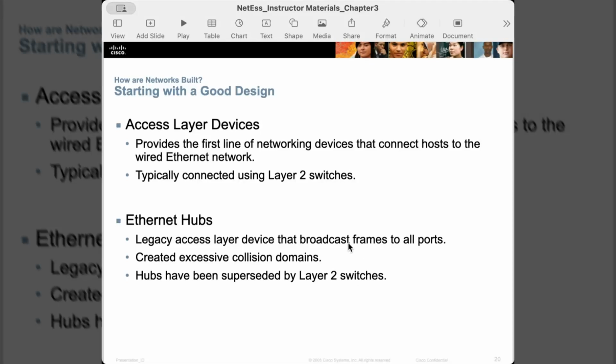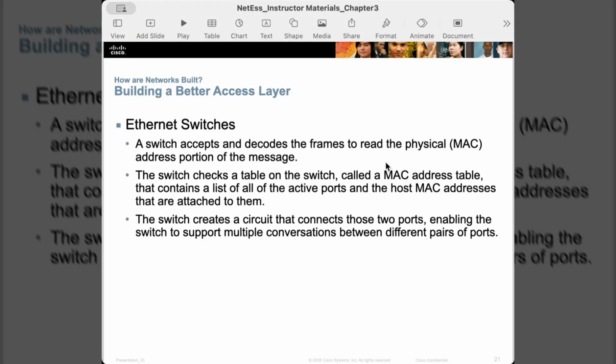Now, like we mentioned earlier, the access layer devices are the first line of networking devices, which are more like the end devices that we use. Then we also have the Ethernet hubs and switches. The primary difference between a hub and a switch is that a hub can be described as not too intelligent, hence it creates excessive collision domains, while a switch is a more intelligent device, which accepts and decodes frames with